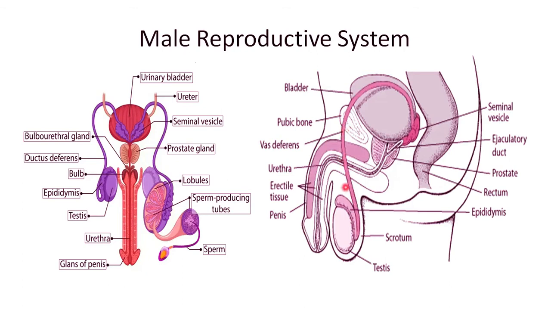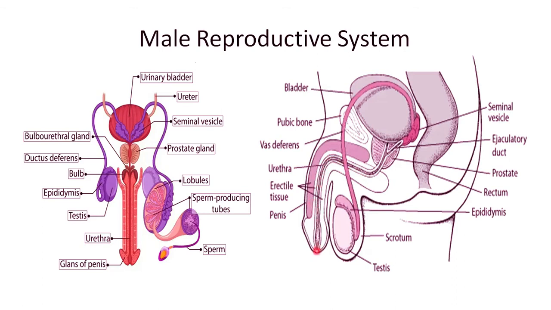See, this will be the vas deferens. Now, after the vas deferens, the ejaculatory duct is there. See, this is the ejaculatory duct. So it will pass through this ejaculatory duct, and after that the sperm will pass through the urethra, and then it